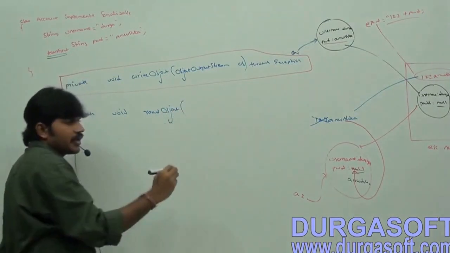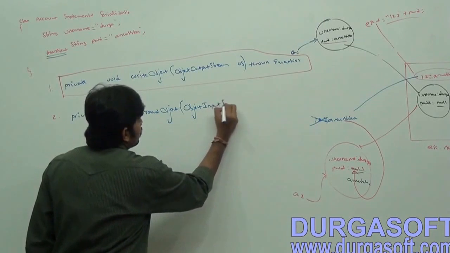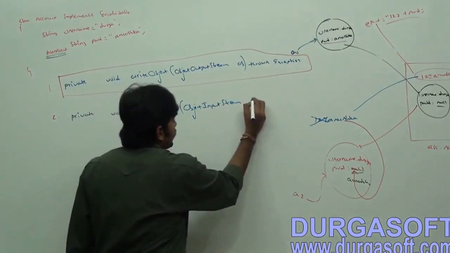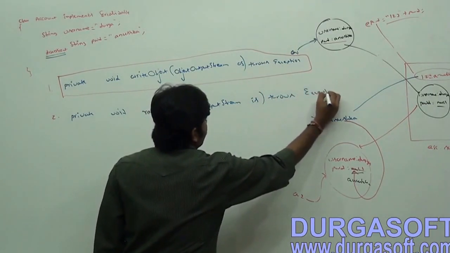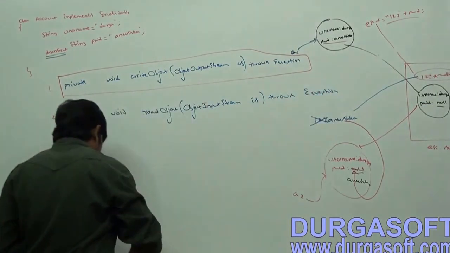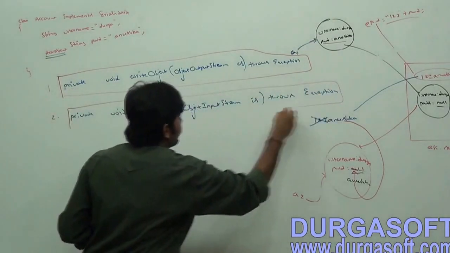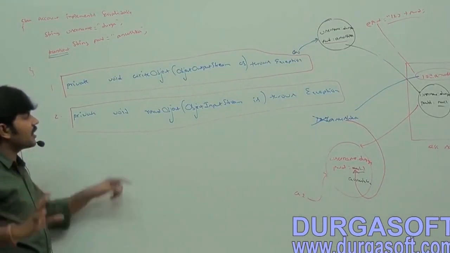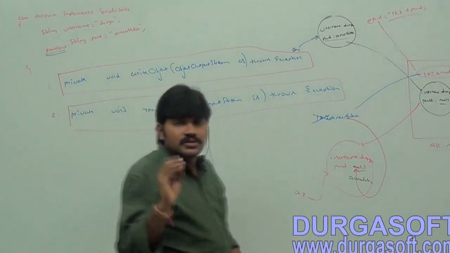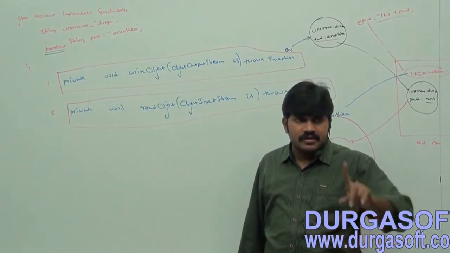Read object. Okay. What is the next? Object input stream IS throws exception. Throws exception is the second method what we have. Total how many methods are there, Anna? 2 methods. We can implement the customized serialization by using how many methods? 2 methods, right? Write object and the read object method.